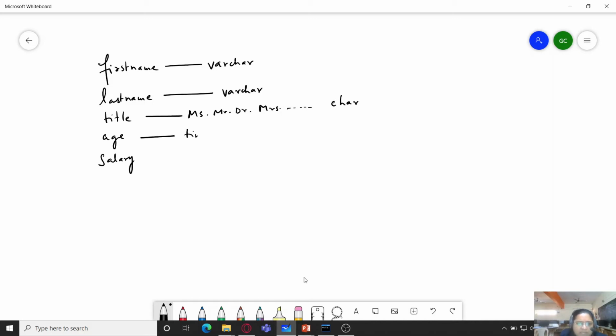Age we can take tinyint, and salary of course we can take in decimals. So I'm going to take it as decimal(7,2), where 5 digits would be the scale, that is before the decimal point, and 2 places after the decimal.